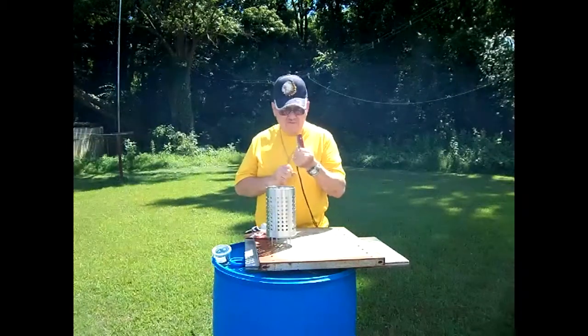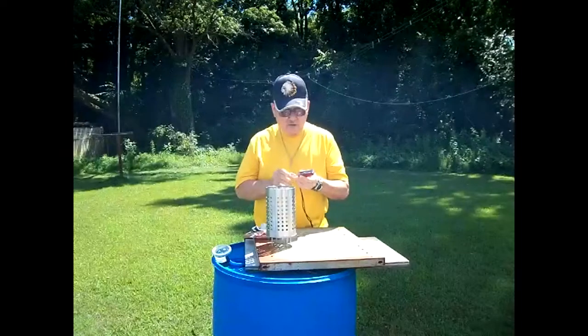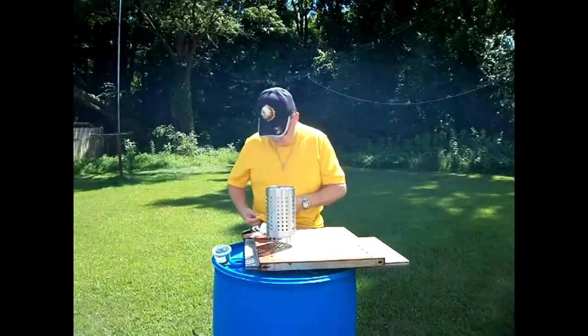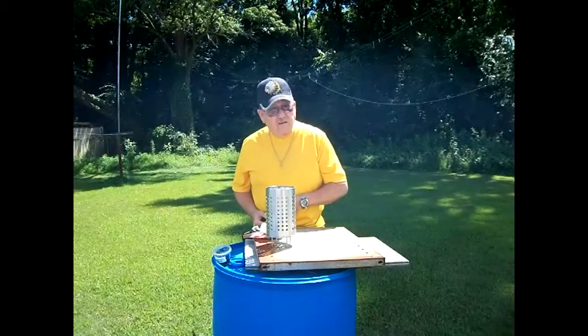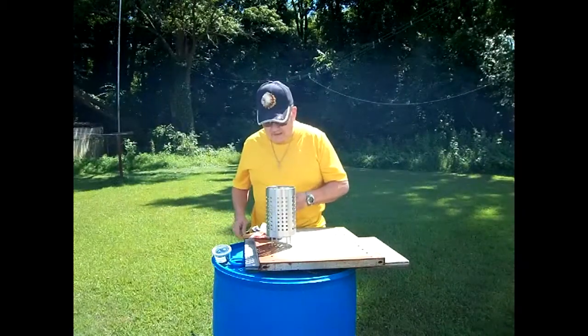Swiss Army knife. This is an older model Swiss Army. It's called the Officer, and it's got all kind of neat stuff on it. I use it a lot. I love this knife. What I'm going to try to do,